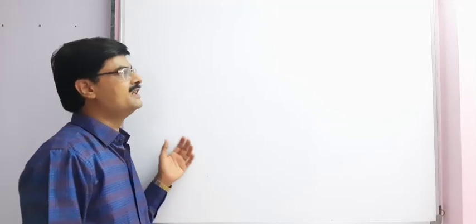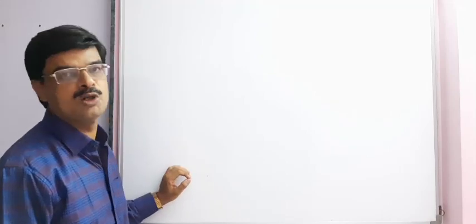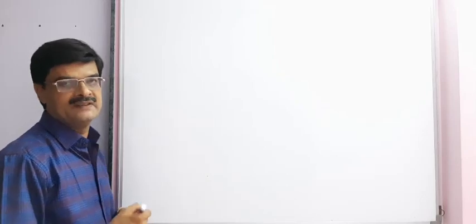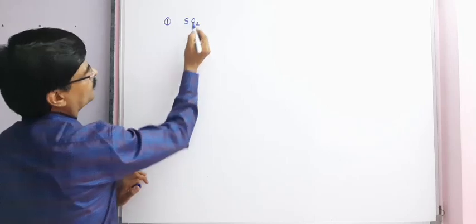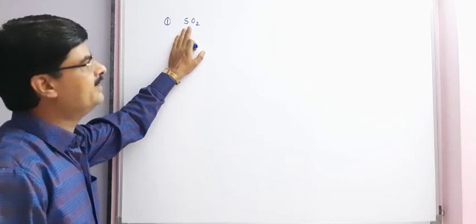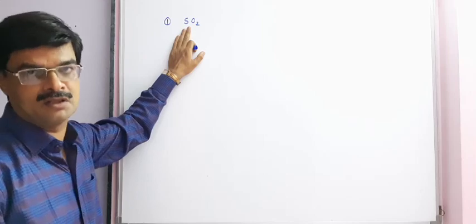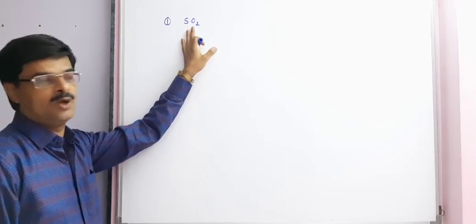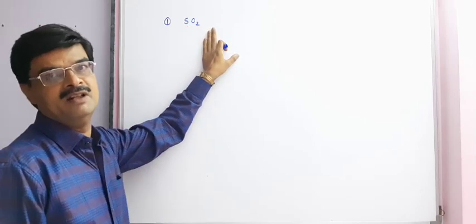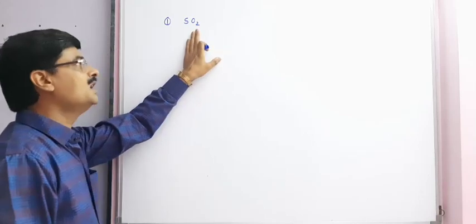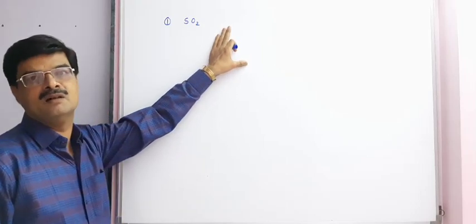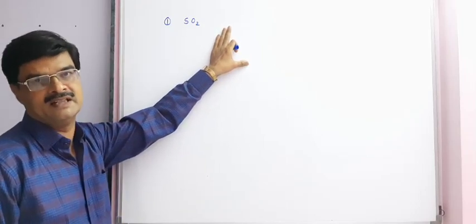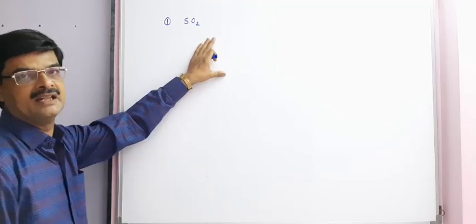By using all these rules, we now find the oxidation state or oxidation number for the following cases. First case, take the example of SO2. There are two ways: one is the formula method and the second is the structural method, where we first draw the structural formula and then find the oxidation state. But it is generally needed in cases in which the oxidation number exceeds the limiting oxidation state. That can be understood by taking some examples.